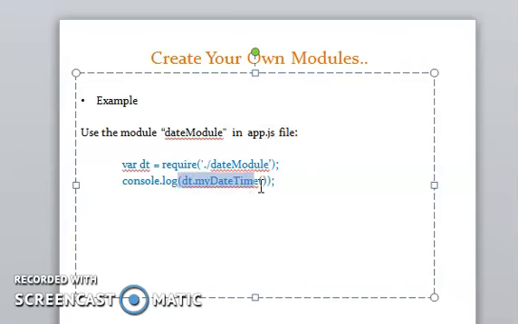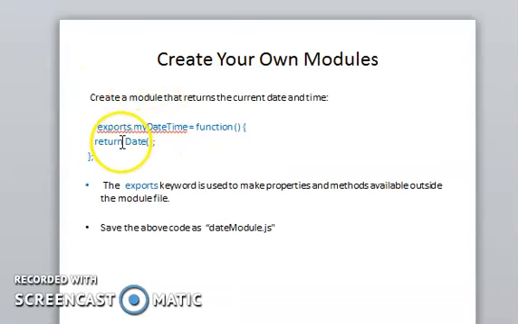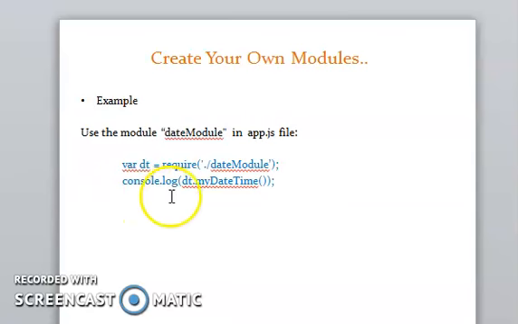So I am getting the current date, which is already explained there. Here it returns the current date. MyDateType is my function name. So by using this function name I am getting the current date, where dt is actually the object, dt dot myDateType. So I am getting the current